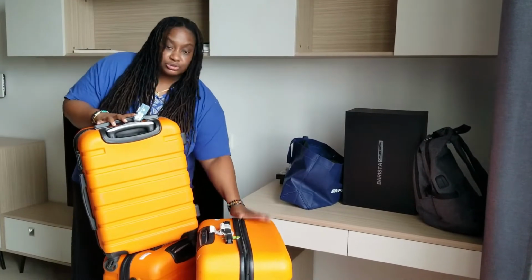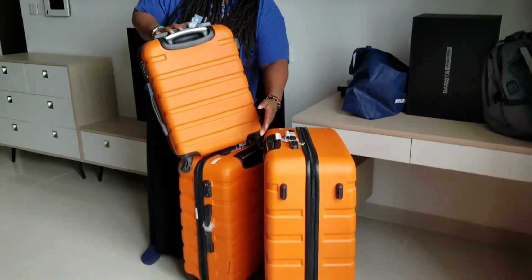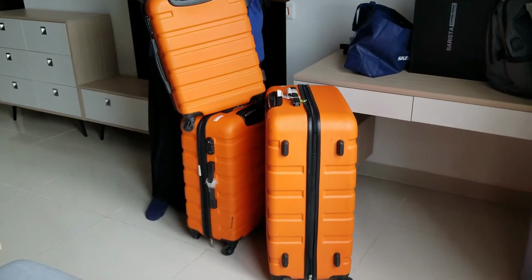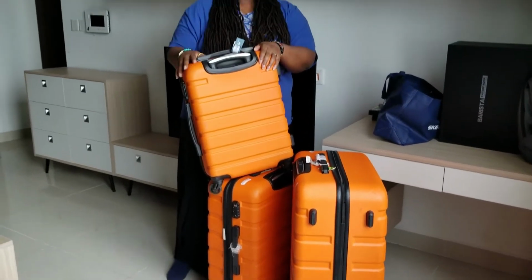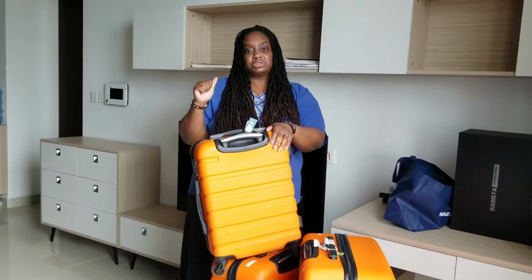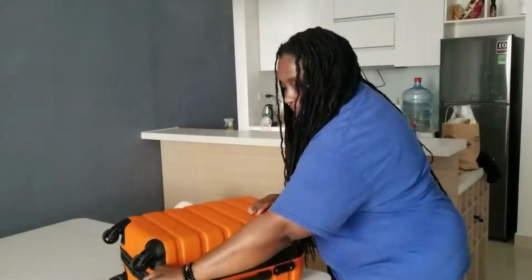And this is my personal big suitcase here that contains my clothes. This one actually contains Quasey's. Amber's bag is in the room because she's still packing. And Quasey's carry-on is in his room because he's still putting some stuff in there. All right, let's get to what's inside. All right, so this is